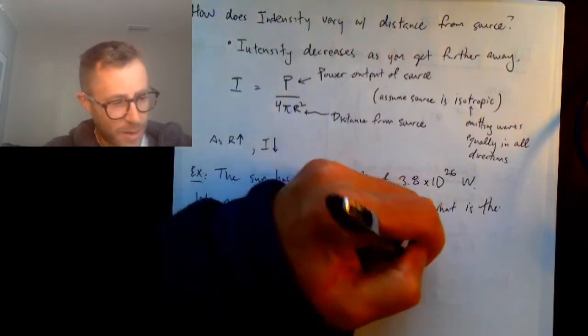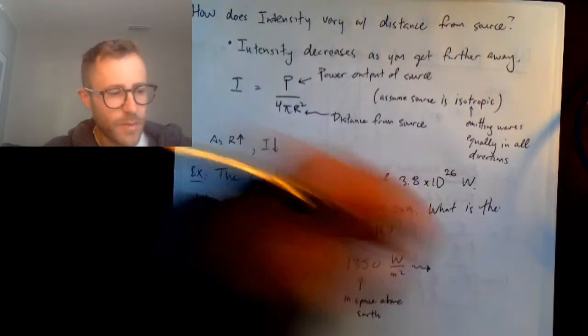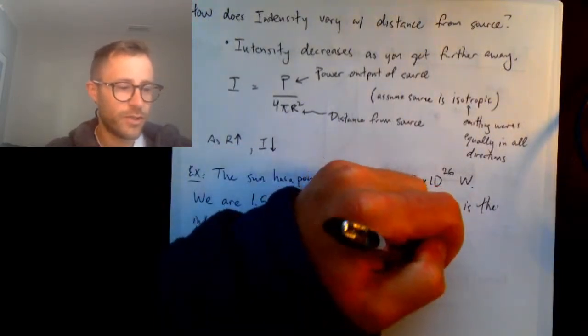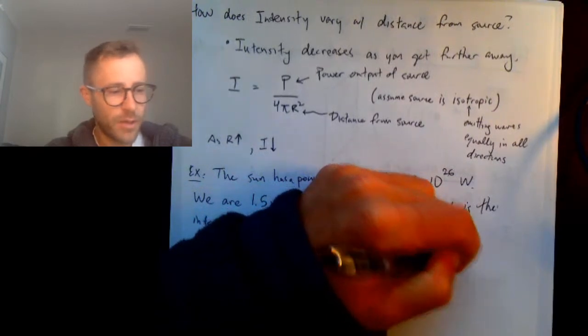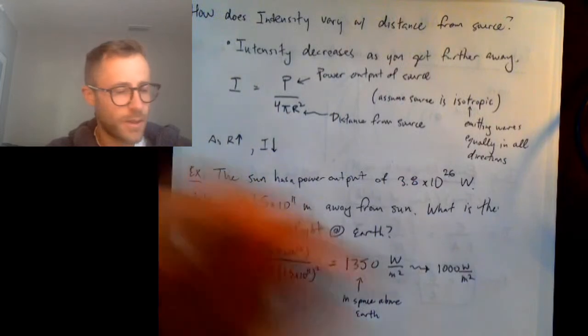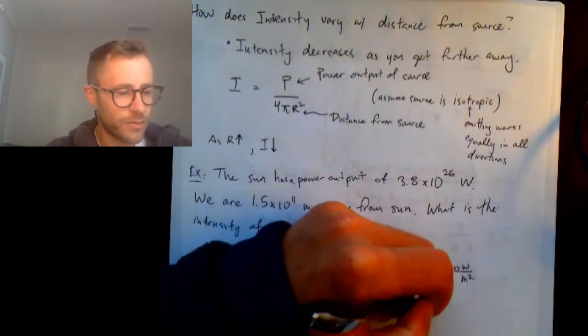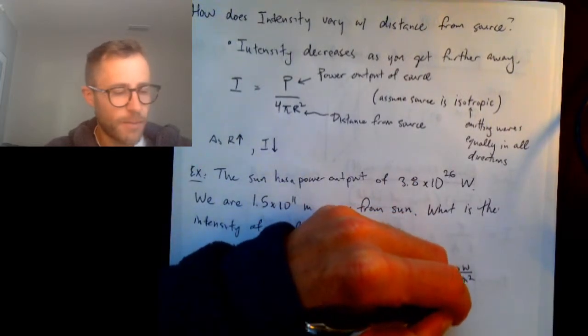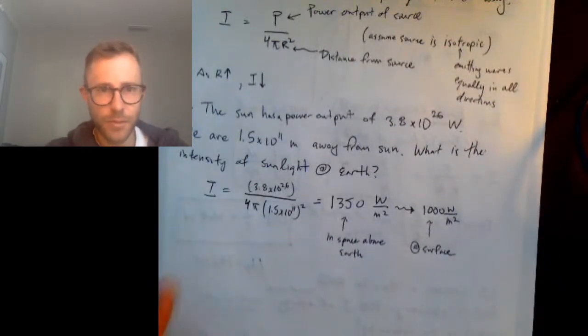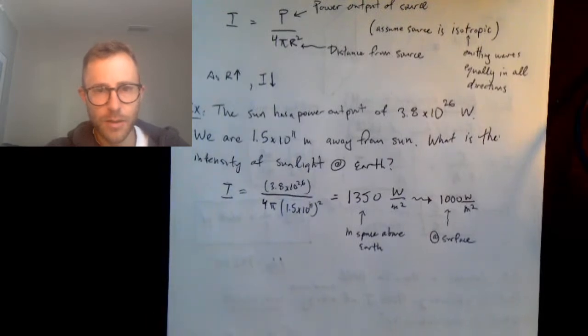So by the time that sunlight actually reaches us, it's reduced the intensity to about 1,000 watts per meter squared. Okay, so this is at the surface, due to the atmospheric absorption. So, you know, you would sunburn more easily in outer space because the atmosphere isn't blocking